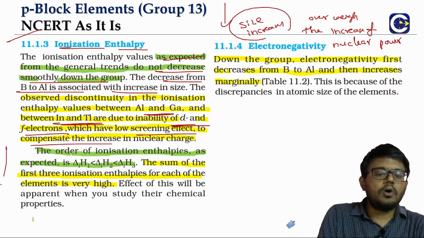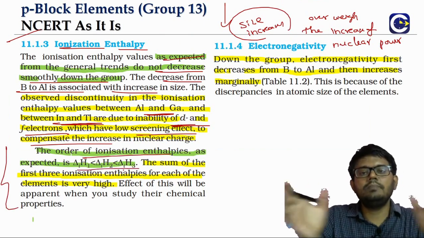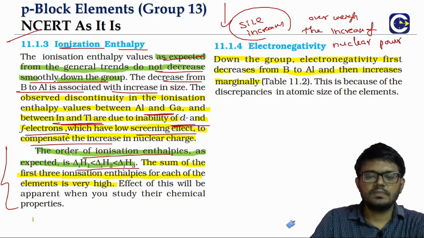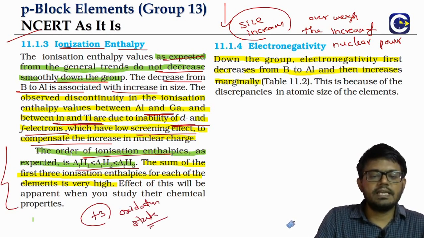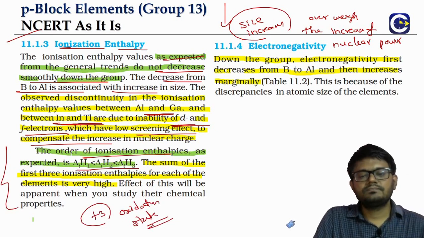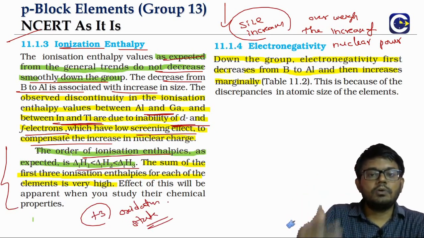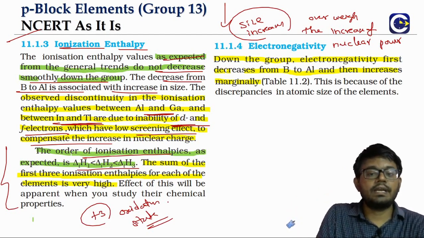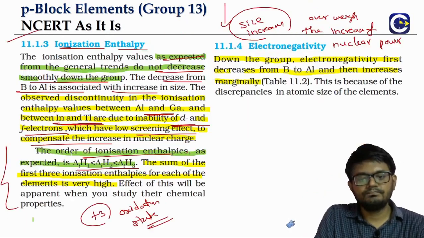Now if you add up all the three ionization enthalpies, we will see that the value will be really large, and that is the reason why the formation of +3 oxidation state by these elements will be difficult. Because if you have to form a trivalent positive ion, we have to remove 3 electrons, and for that we will require energy which is equal to what? Del H1 plus del H2 plus del H3. That will be a huge value.